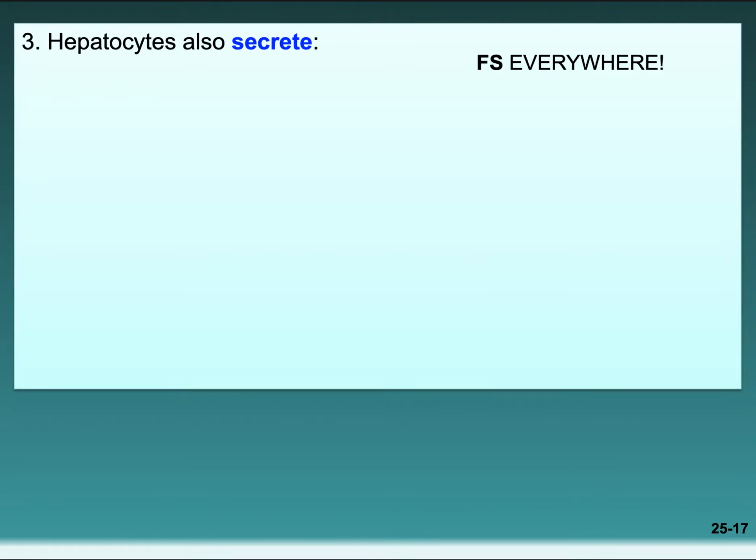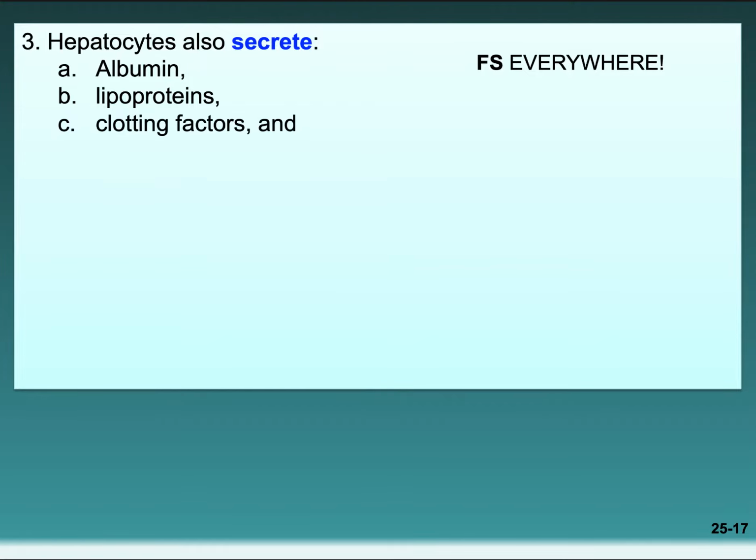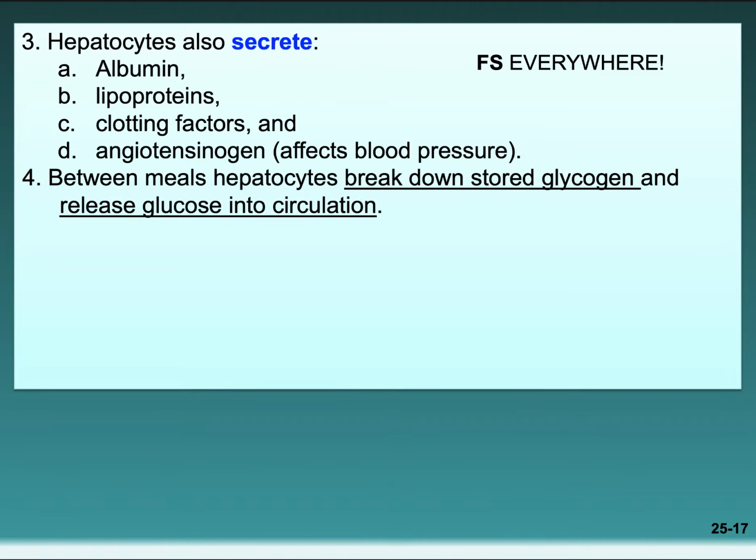So there are lots of things that hepatocytes do, and again, a lot of this is listed in the chapter. So, making albumin. Albumin, as you will learn at other times, is important in many different ways within the body, but albumin is the white part of an egg. Also lipoproteins, some clotting factors, factors affecting blood pressure, angiotensin, and breaking down glycogen and storing it in the form of glucose